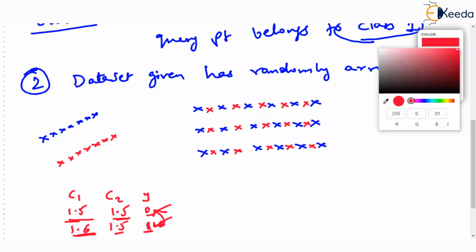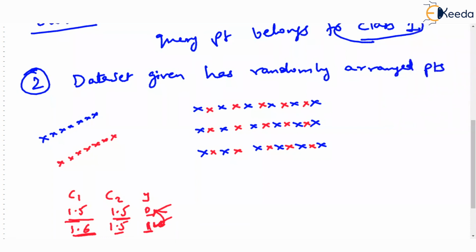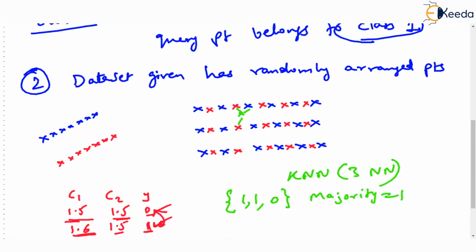Now, what if we are given a query point somewhere over, let's say, over here? This is the query point, and we use KNN, and the K we use is 3 nearest neighbors. Now for this query point, the nearest neighbor, it appears, is this, the second neighbor is this, and the third neighbor is this. But then what are their output labels? All red points have output label 1 and the blue point has output label 0. Then the majority class is 1. Then we will say that our new query point belongs to 1, output label 1.